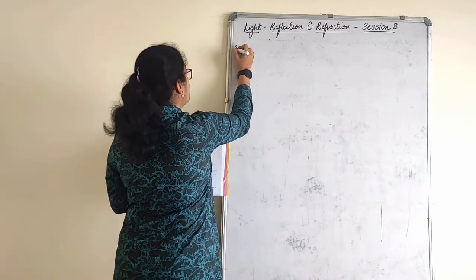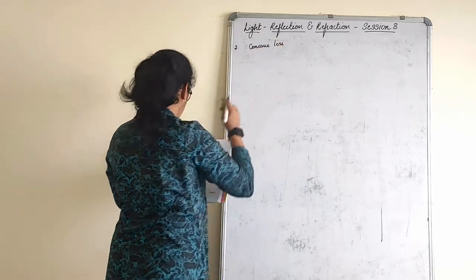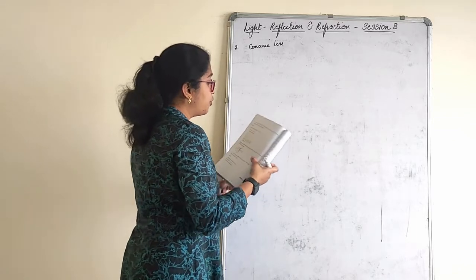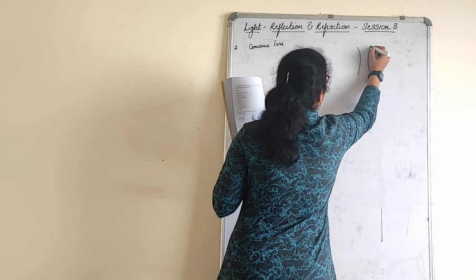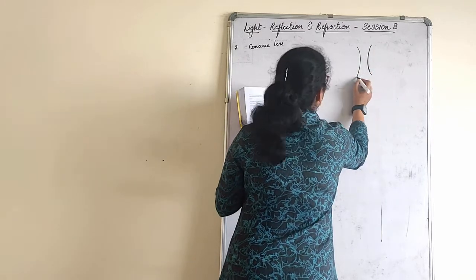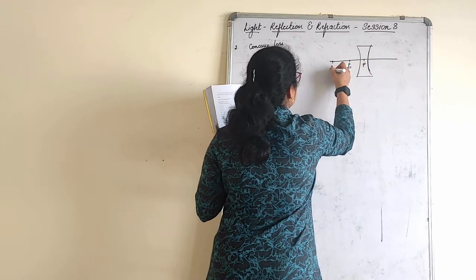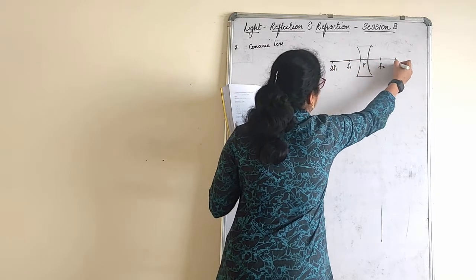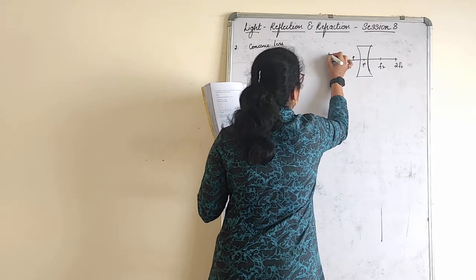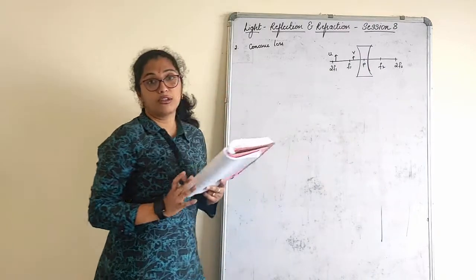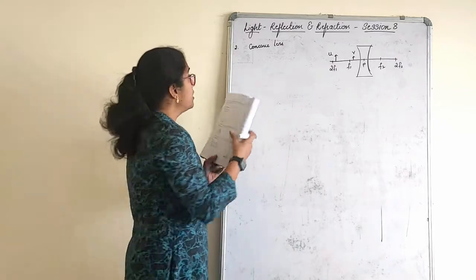A concave lens. Let me first have a figure. One graph diagram. Okay. So this is F1, twice the F1. This is F2, twice F2. Assume that this is the object kept and this will be the image formation in the concave lens, right? This is how the ray diagram is supposed to be. Just for our clarification. Now let's go on writing.